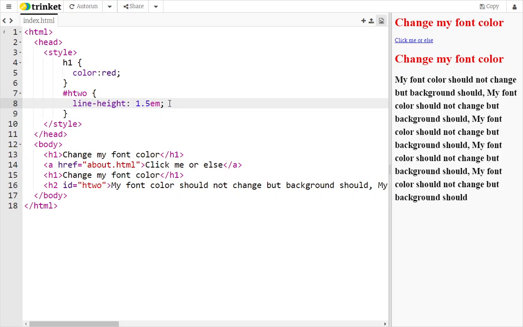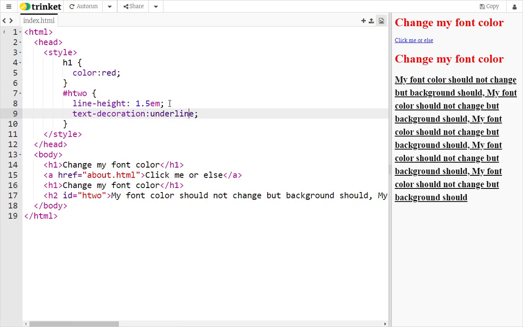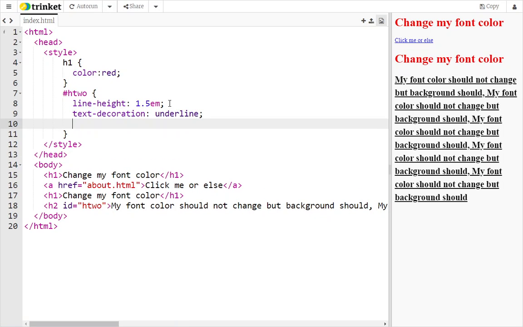So you say, hey, I just want it further apart. Using EM is a little bit safer to do. All right, to underline, text decoration, underline. Poof, now it's underlined. And then if we want to center it, text align